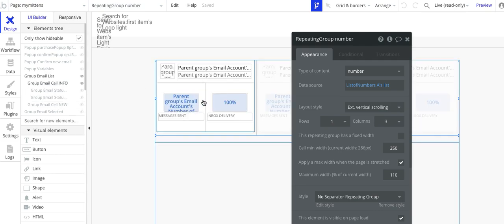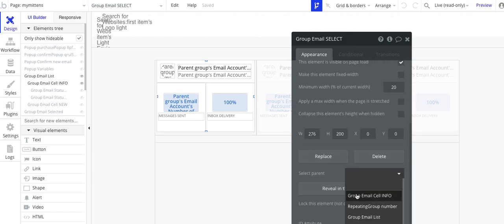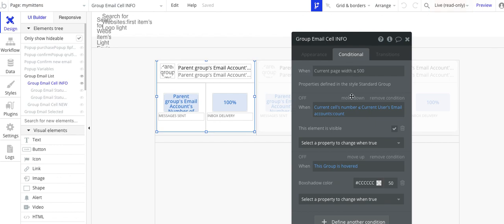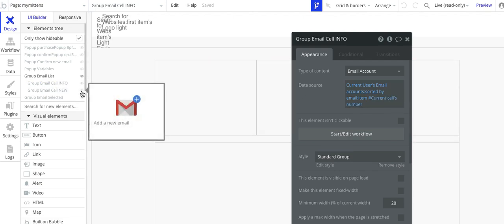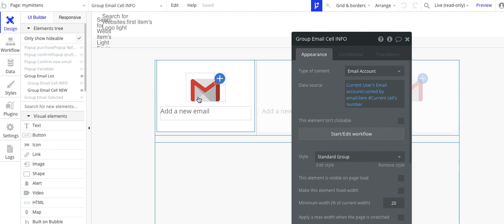Either the information about the email account, which will show up only in cases where the number that's displayed in the cell is smaller or equal to the number of email accounts that exist. And in those cases, the email account displayed is going to be email account number, whatever the number is in the cell. Or it's going to be this group that allows you to add a new email, and that's going to be shown